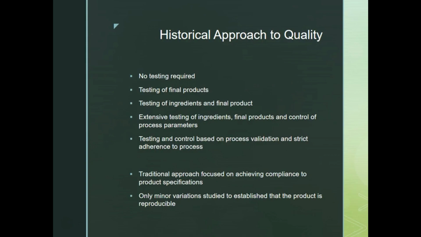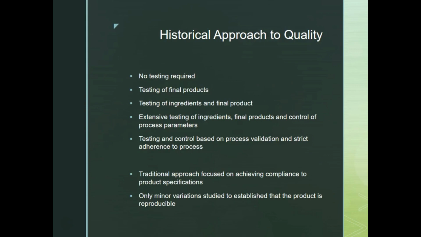So the historical approach to quality. FDA's emphasis on quality by design began with the recognition that increased testing doesn't necessarily improve product quality. This has long been recognized by other industries, and in order for quality to increase, it must be built into the product. And to do this, it requires an in-depth understanding of how formulation and manufacturing processes influence your product